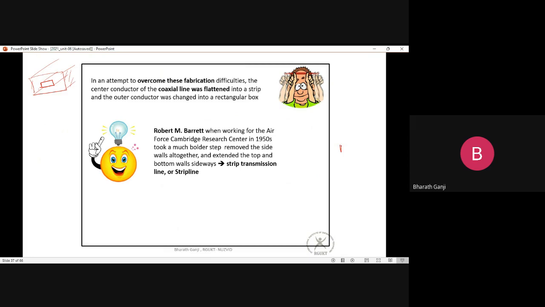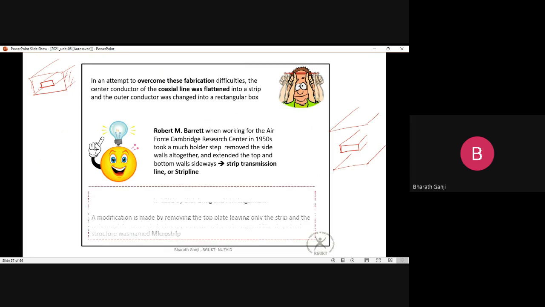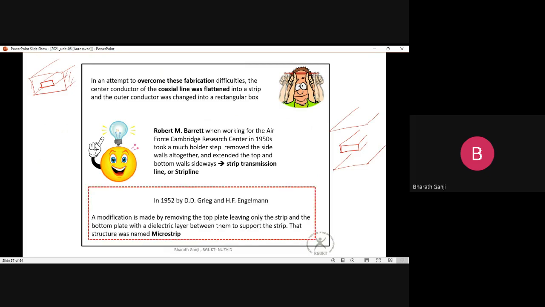So what is a strip line is, you have a center conductor, and above this conductor you will have a plate, and below this conductor also you have an infinite plate. So this is the strip line which he is suggesting. Because it's a planar structure, the fabrication becomes extensively easy, and moreover, in 1952, the Gregg and Hegman went a